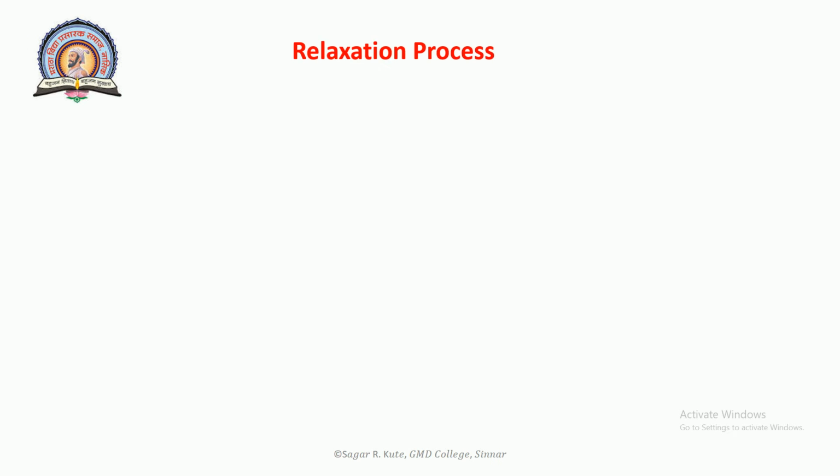Now, the next topic is the relaxation process. Consider the absorption of electromagnetic radiation by a macroscopic sample in which we observe resonance. For simplicity, we shall consider a system whose nuclei possess spin 1/2, where N1 and N2 are the numbers of spins occupying the lower and upper states respectively. When the sample absorbs energy, N1 and N2 should change and the population difference must decrease with time.